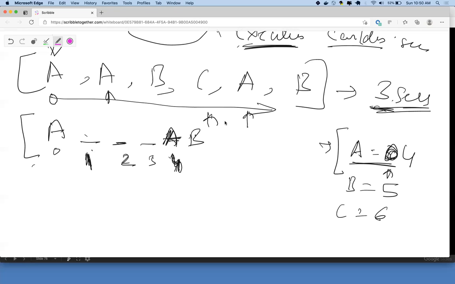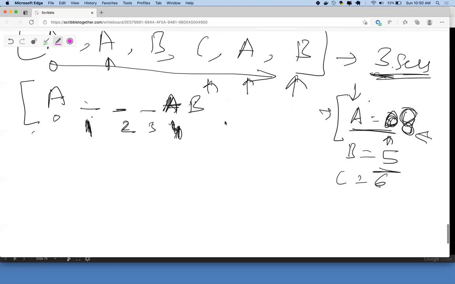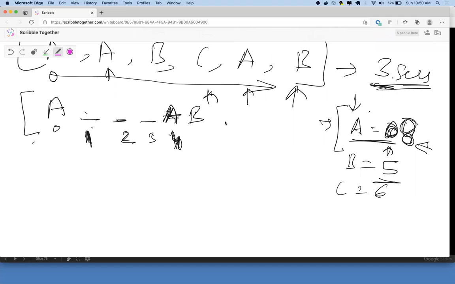Now I get A, right? Now A happened at 4. I got it at 7. Is it safe to run? No, because this is running. There has to be one more. So when does A run? It has to run at 8. So I just change it to 8. Now I get B. What do I check? B was at 5, so I check at 8. So you have to run B at 9. Is this understood? Yes.